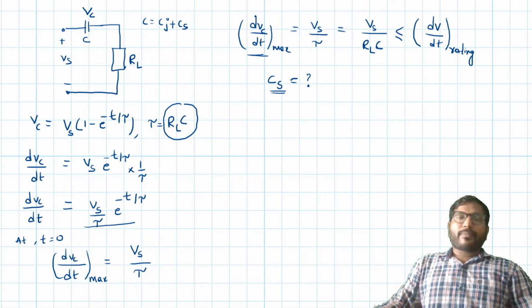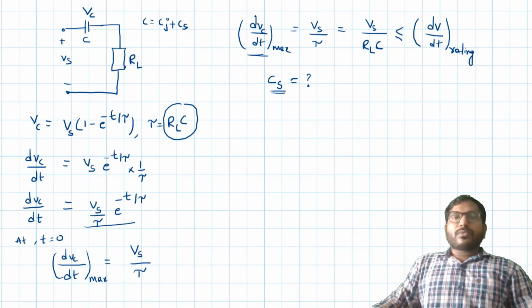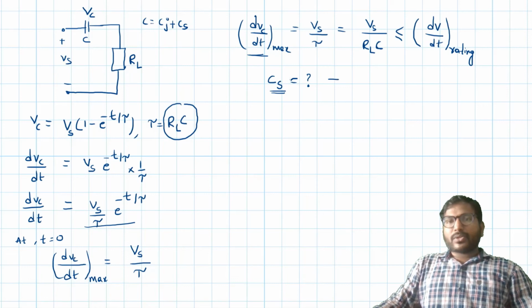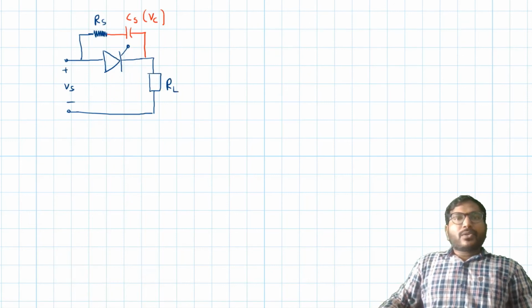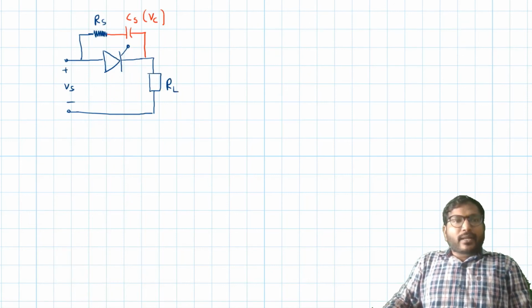which we can connect in parallel to the SCR to reduce the dV by dt value. And coming to how to calculate Rs in the snubber circuit. What are the elements here? Rs and Cs. Cs we can calculate from this relation. Now we are going to see Rs. To find Rs,